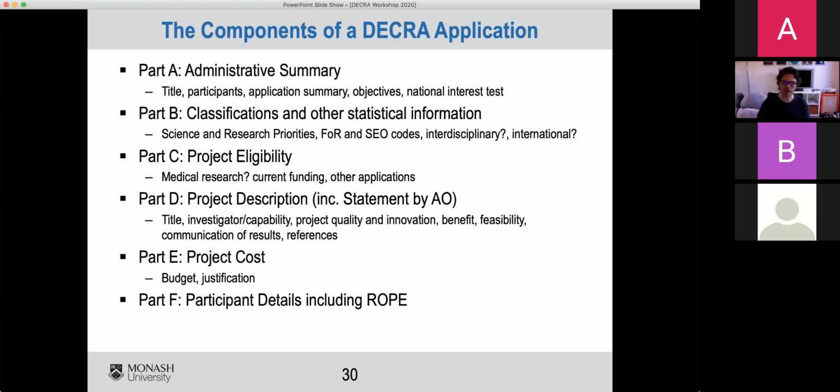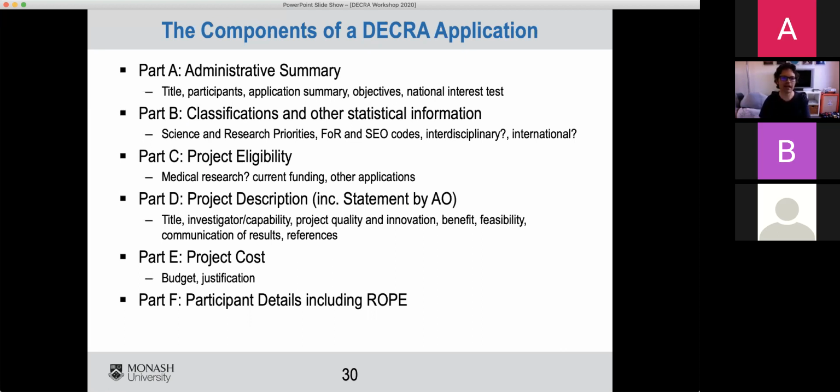Your feasibility might be dictated by project cost. Your benefit might be influenced by project cost. Your eligibility is going to be dictated by medical research policy and the timeline during which your PhD was awarded, and career interruptions. So these bits are spread across multiple elements. So you don't get to just write one section which is on your investigator, one section which is on project quality and innovation. It's sort of spread across multiple bits, which means you are going to be coming to the same issues multiple times as you work through your application.